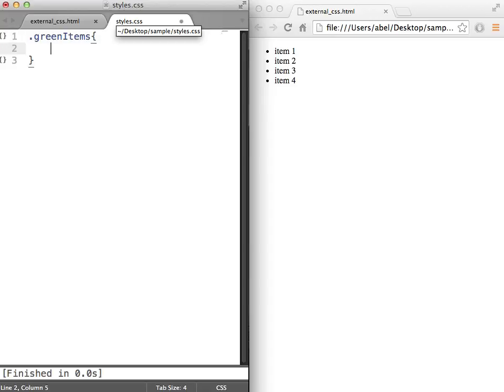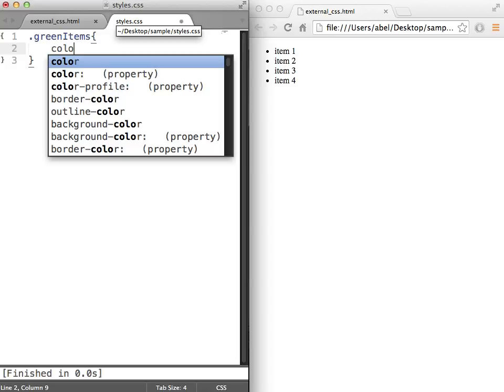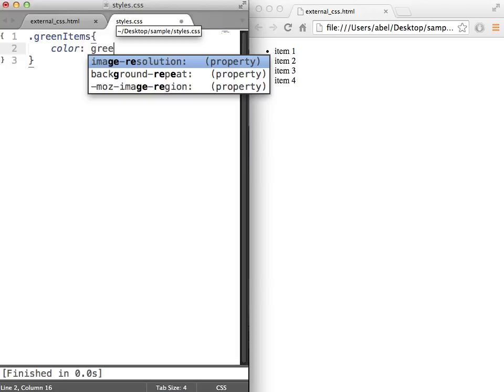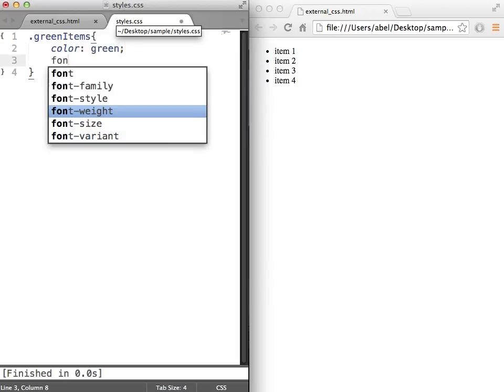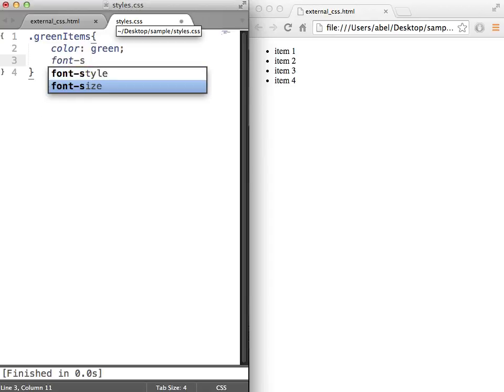And then we proceed just as we did before with curly braces, and inside of it, the properties we're going to style. In this case, we're going to be styling color, and we will color it green, and then we will specify a font size. And we will use 2